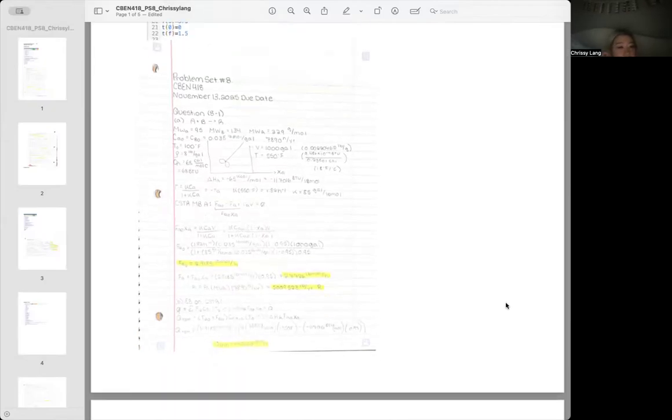For problem set 8, problem 8-1, the whole goal was to analyze the CSTR reaction for A plus B goes to R, using the kinetic expression. I started off by writing the CSTR mass balance, and then I substituted conversion so that all the flow rates were written in terms of F_A0 and X_A, because the problem specifies a final conversion